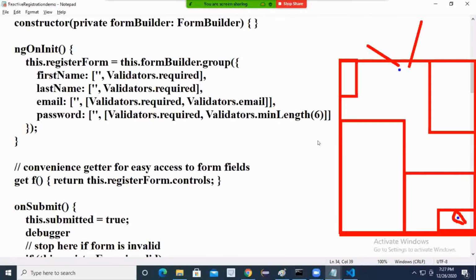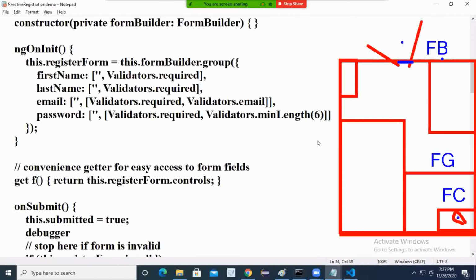First open what? Entrance gate, this is nothing but form builder. Now open what? Bedroom gate, this is form group. Now open what? Form control. That is the common sequence. Now the form control object is available inside where? Inside form group. Form group object is available inside where?